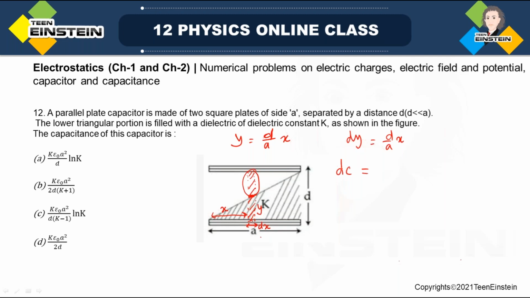That means a small element I have taken, so the small element will have a small capacitance, that is dc. So we can write down the formula, epsilon naught A. A means area. What is the area of this? See, area will be, since this is dx,